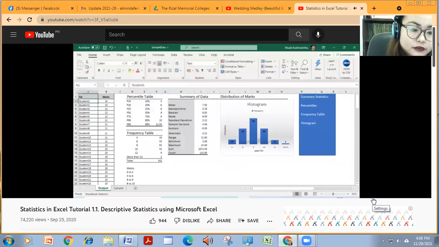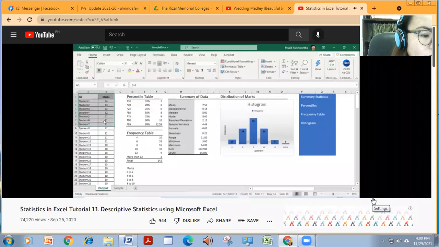So this is the sheet that we want to replicate in this particular tutorial. As you will see, I have data on 142 students and their marks. These need not necessarily be marks in your situation. This could be salary, this could be consumer spend or sales data or any data related to your particular job. The methods in this are applicable to all sorts of data as long as the data is continuous and numerical.